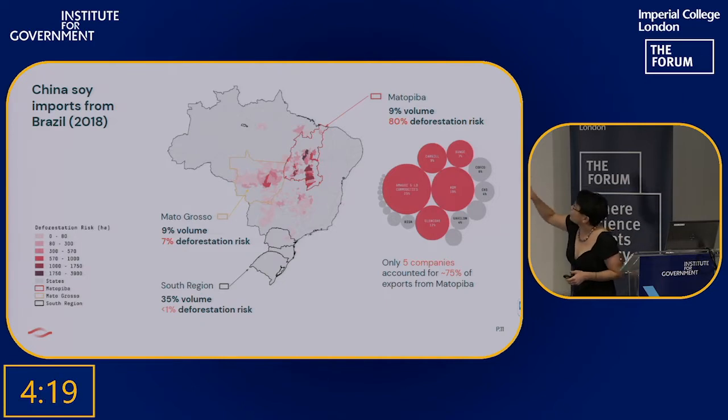You can actually identify the specific areas where sourcing is likely to be concentrated, also where deforestation is concentrated, and also you can often, in the case of very many commodities and countries, identify the key companies who are associated with deforestation risks. So this is an opportunity for targeted action. It's not that all soy from Brazil is irretrievably tainted. It's more a case of identifying exactly where those impacts are and who are the actors in that supply chain.